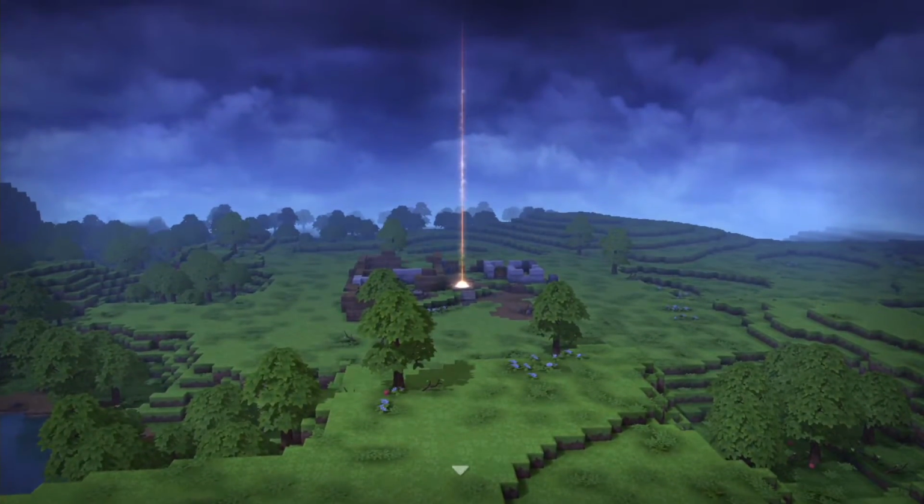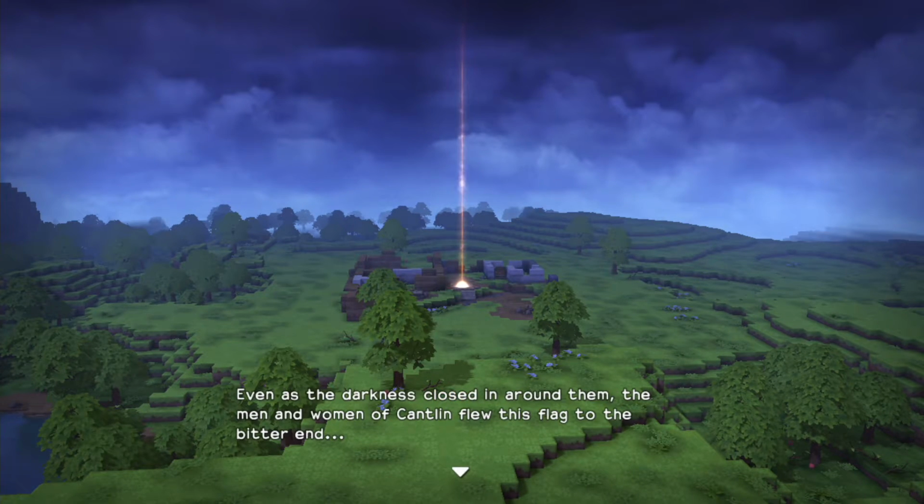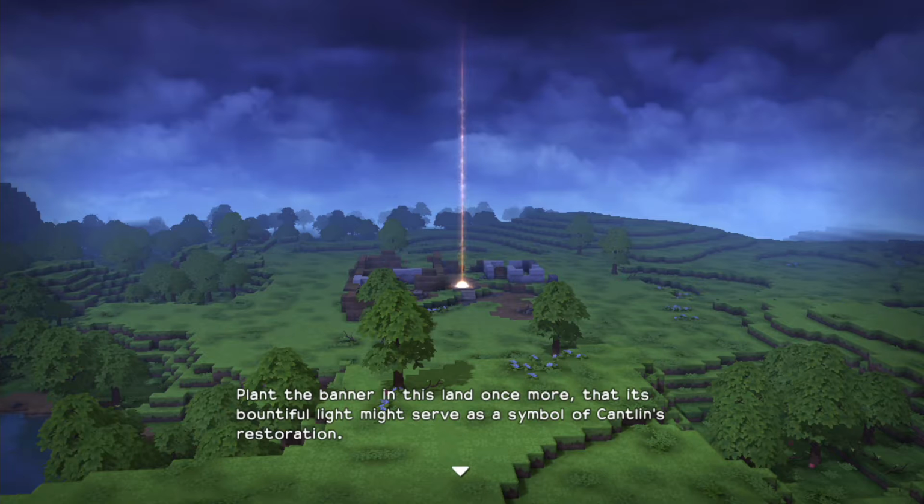Oh, goodness. Take this banner of hope in hand and seek the source of the light you see before you. Even as the darkness closed in around them, the men and women of Cantlin flew this flag to the bitter end. Plant the banner in this land once more, that its bountiful light might serve as a symbol of Cantlin's